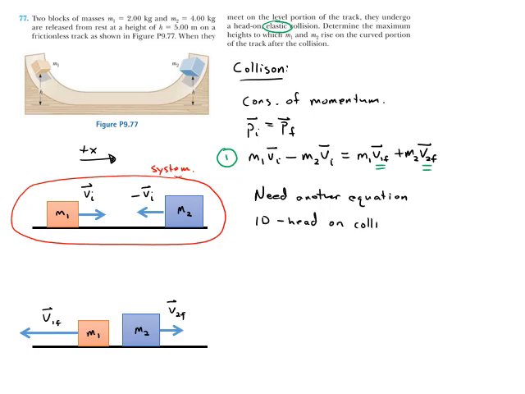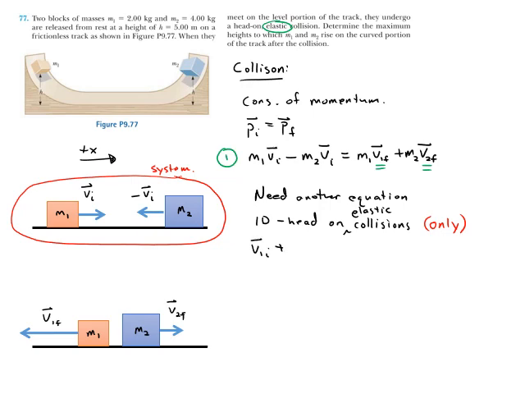And it's a quite useful equation. It's only true for 1D head-on collisions, so don't try to use this in more special cases. Also, sorry, it has to be elastic, right? So it's got to be a head-on elastic collision, but we have that in this case, and the equation looks like this: